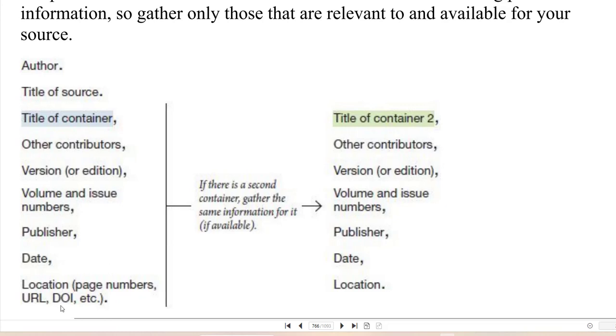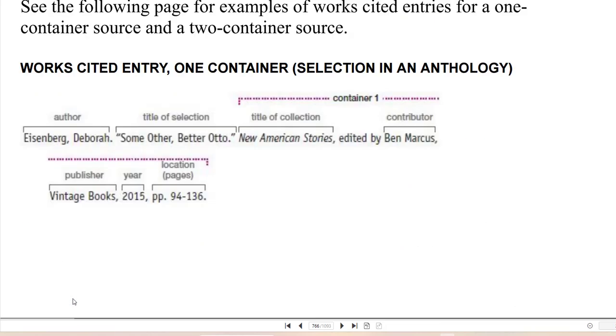And if you're doing a database, you would have a DOI. Okay, so this is what your works cited entry looks like. That's why I kept scrolling, because I was looking for a sample. And so here you have the last name first. So first you write the author, and don't forget to put the period after each one. A lot of students forget that.